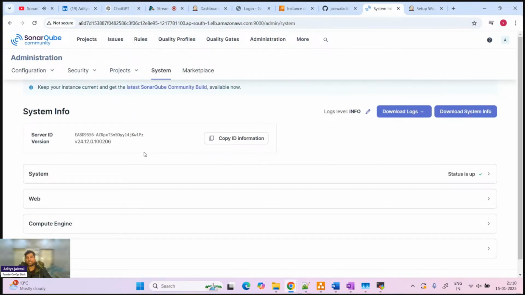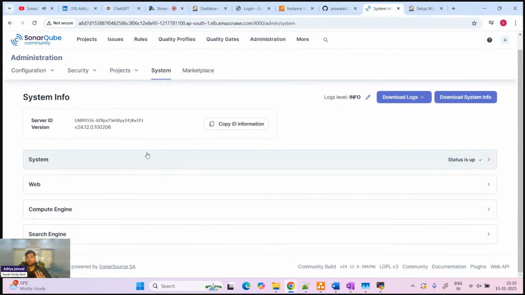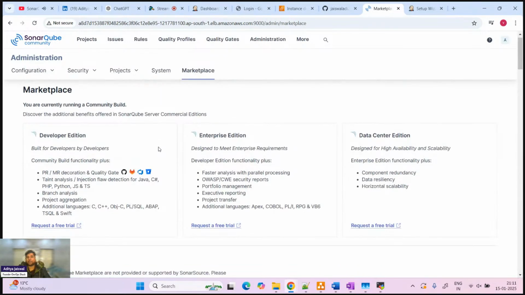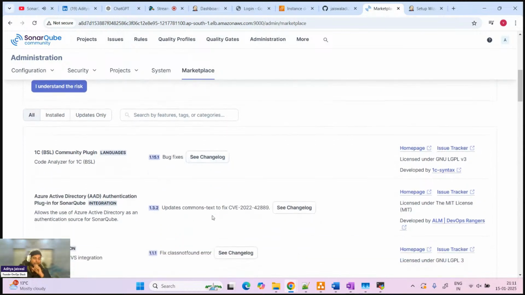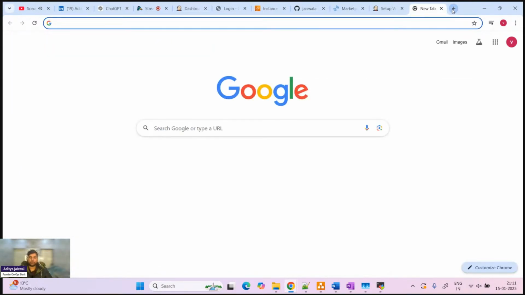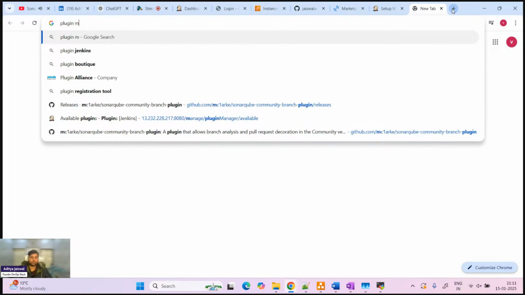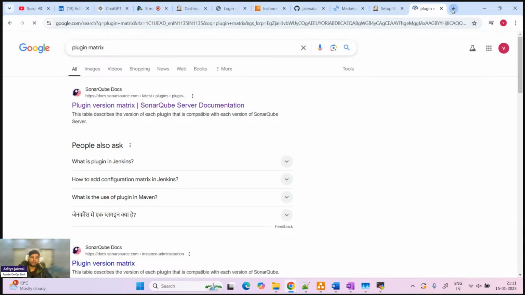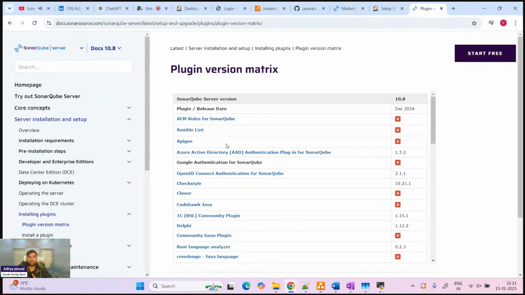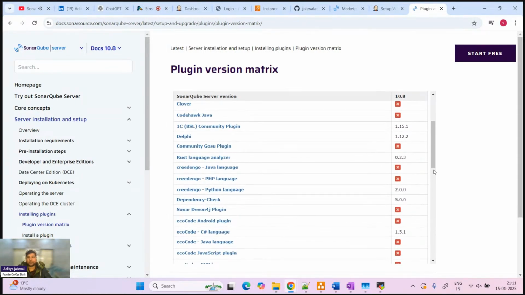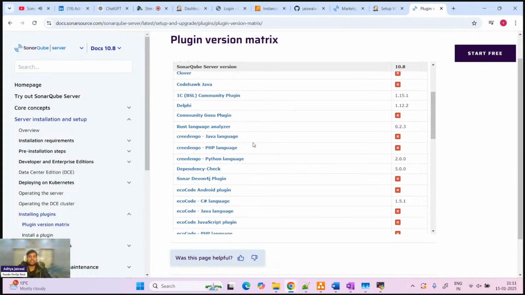Then we have system, basically information about Sonar. Okay, the SonarQube backend you'll be able to see. Then we have marketplace. It is the place where you can install plugins. Okay. With respect to plugins, one thing that I'll tell you that you should definitely know is that in SonarQube we have something which is known as the plugin matrix. I have been using SonarQube since version 7.9 or 7.6, something like that. So I have very good experience in that. So the plugin matrix is basically,